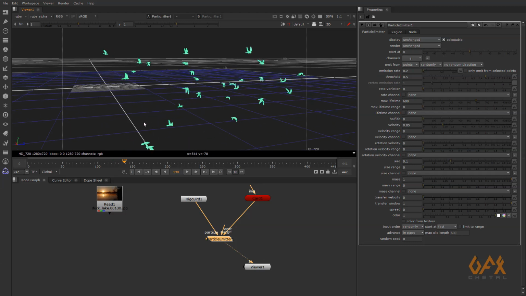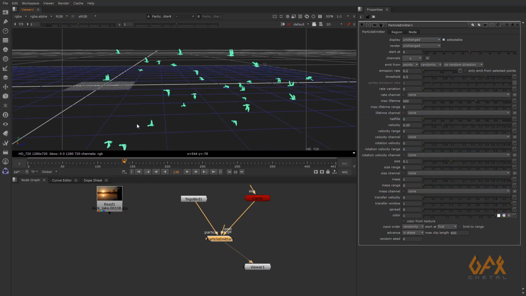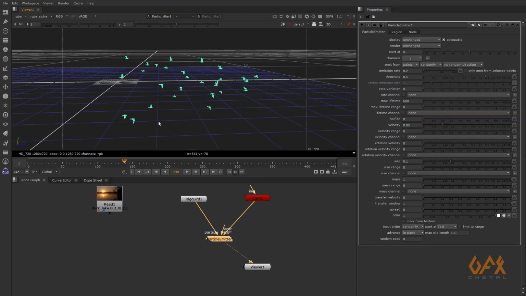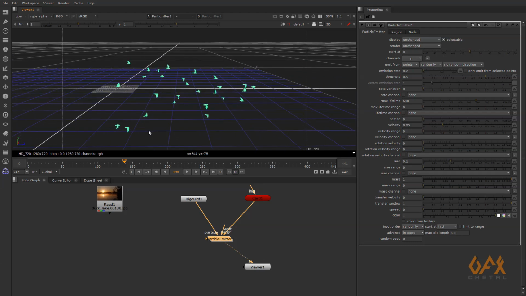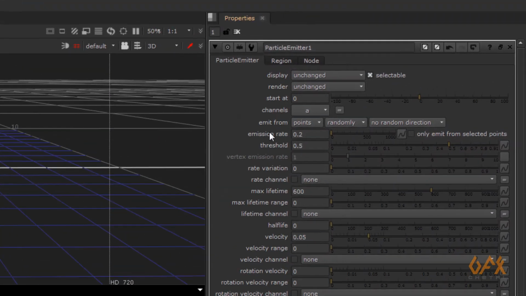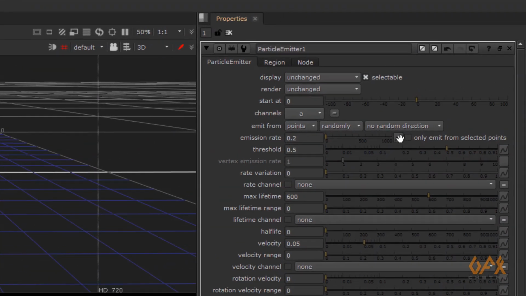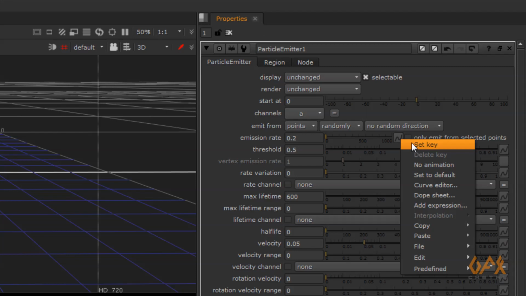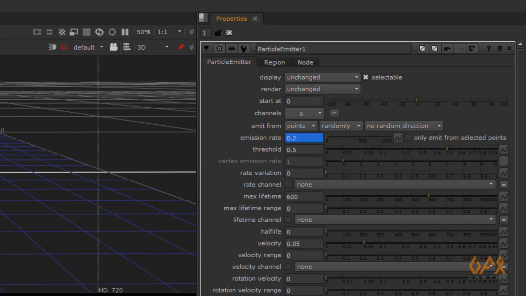But now see, I want this group to feel like it is already flying in the sky. So for that, at a certain point of time I need to stop this emission rate. I click over here, set key, move one frame, and set it to 0.